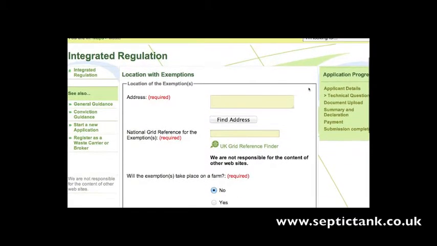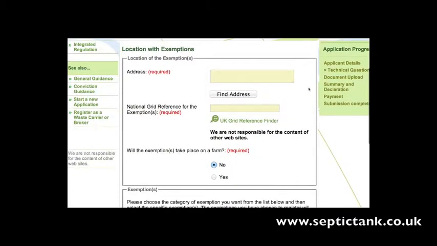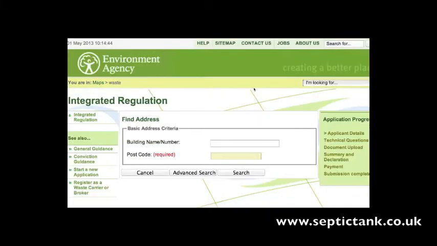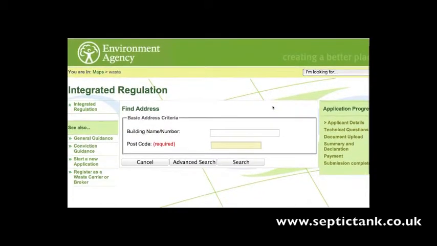Okay, so now it's asking you for the location of where you want your exemption. So again, you're going to have to do find address. You've already been through this process, but you've got to go through it again. So literally just click the find address button. Okay, and once you've done that, once again, put in the building name or number where the septic tank is